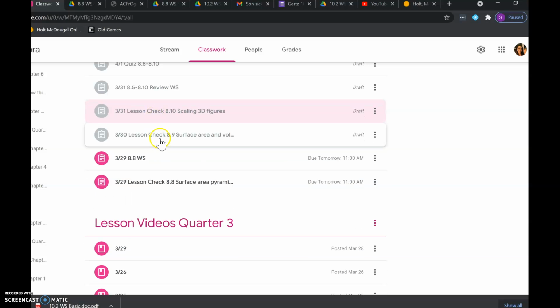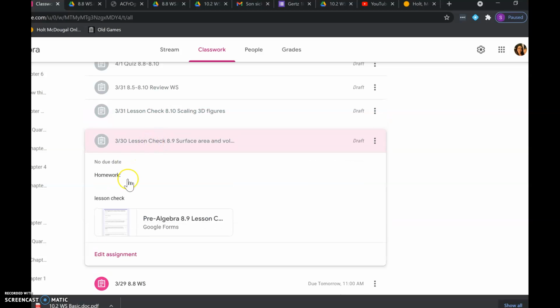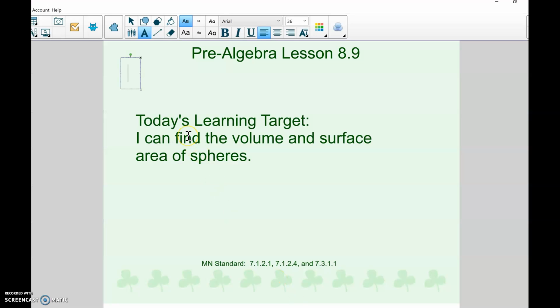Nope, I'm wrong. So I said that your homework was just the lesson check. So your homework is just to do the lesson check today for surface area and volume of spheres. So write that down in your planner that your homework is just the lesson check. And I don't know if we wrote down yesterday that we're going to have a quiz